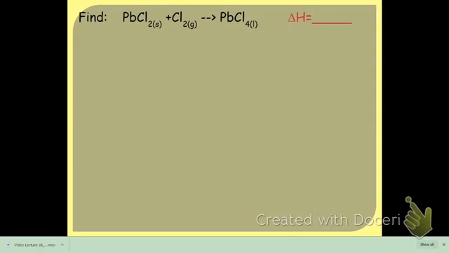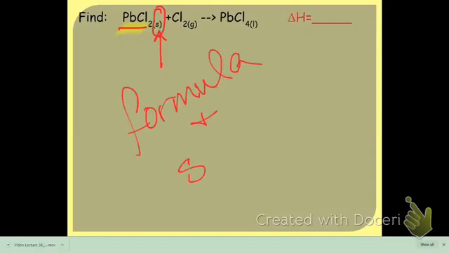A couple of things. You have to make sure you look at the correct equation and always make sure you have the correct state. You'll find that some of these equations may have the same formula, but it may be a different state. So those are the two things that we have to match up: the formula and the state. Make sure your formula and state are the same